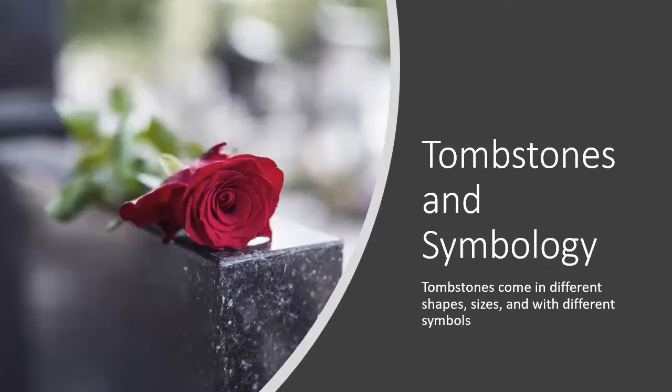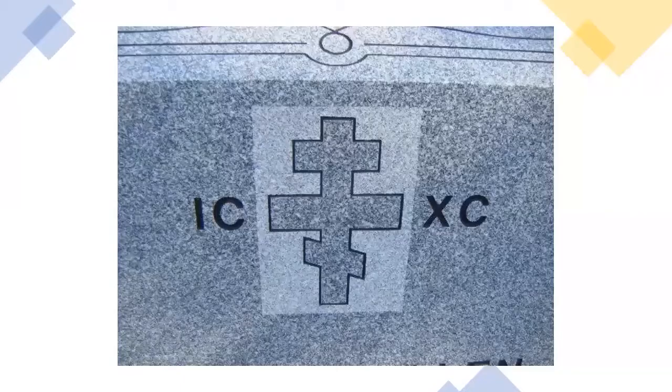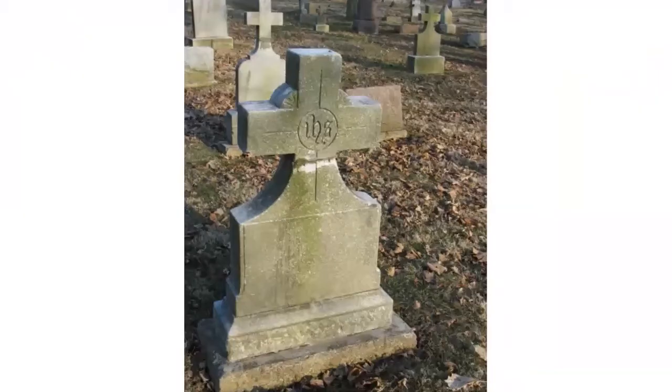I've always found tombstones interesting in terms of what they look like and what was on them. They come in different shapes, sizes, and with different symbols. I'll just show each one of them a little different. And I'll be teaching a course, hopefully next year, talking about cemetery symbology. What does it mean? And again, the state of Indiana provides a website which lists the most typical symbols found in cemeteries in Indiana. This is not always true for other states. Again, you can see the shape and form.